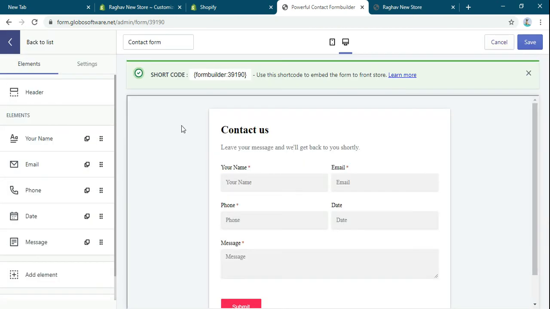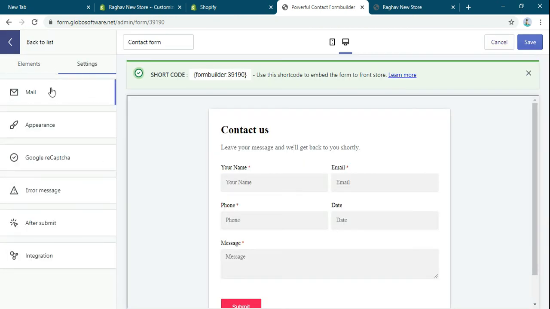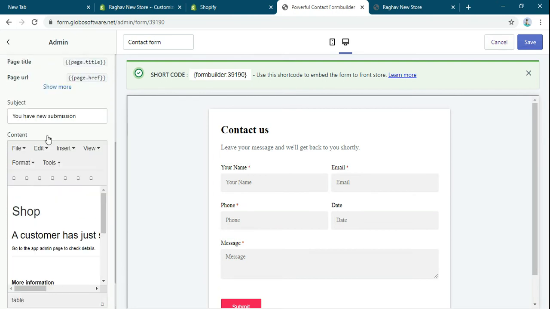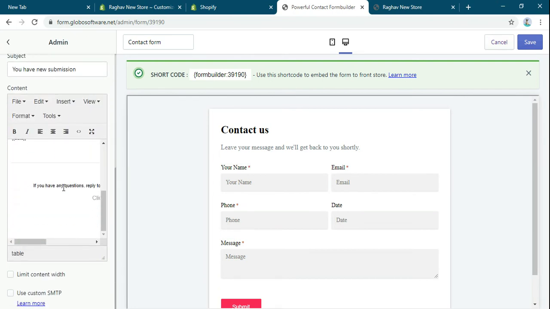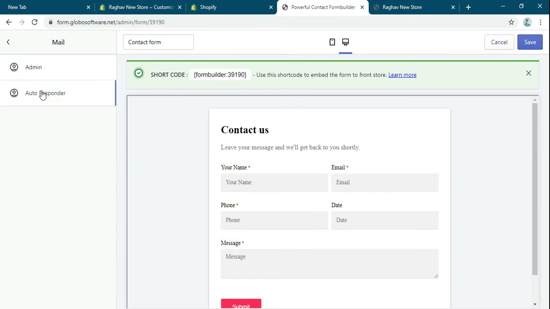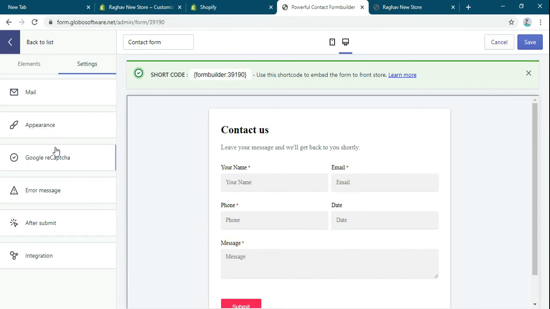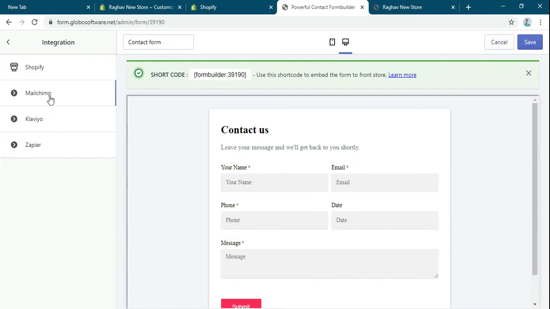And from here you can set all these things: from which user you have to send the mail, what the template is, autoresponder, Google reCAPTCHA also, integration with MailChimp.